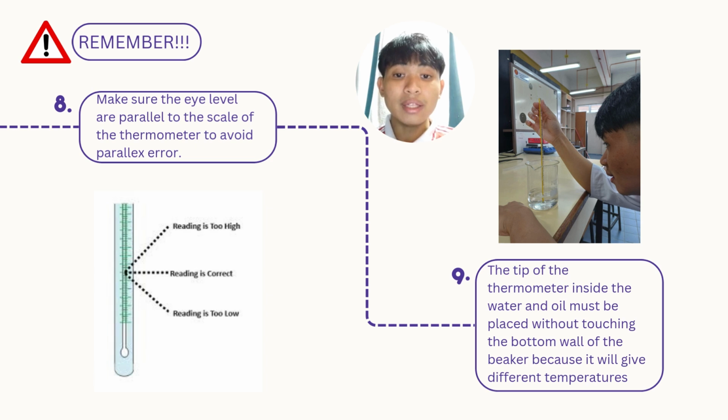Okay, so when handling the thermometer, we want to read the scale. So we must make sure the eye level is parallel to the scale of the thermometer to avoid parallax. And the second thing is that the tip of the thermometer inside the water and oil must not touch the bottom of the beaker, because if it touches the bottom of the beaker,